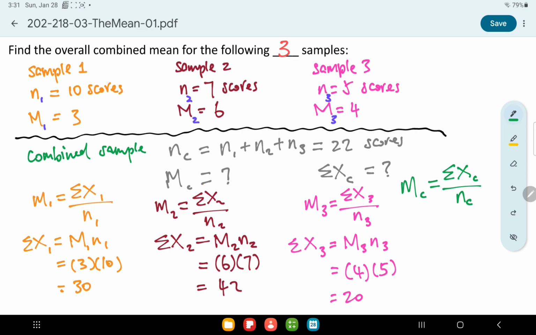The sample size in the sample. Because we have the respective summation of x's for each of the 3 samples, summation x1, summation x2, and summation x subscript 3, we can add these numbers, 30 plus 42 plus 20, which gives us